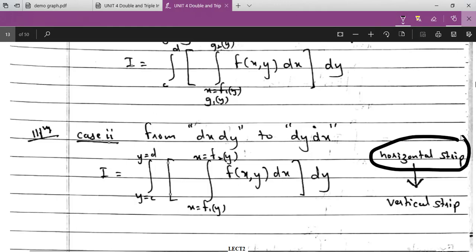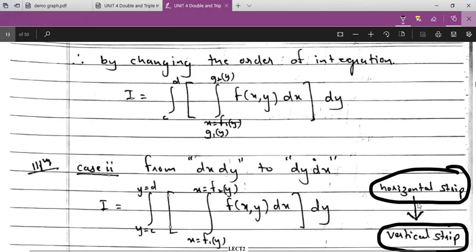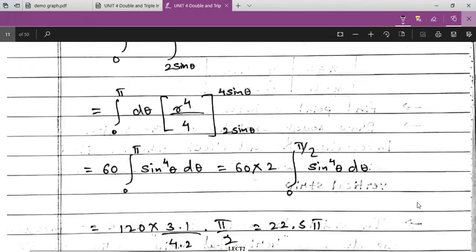First you note down the limits, draw a rough sketch, and then draw a horizontal strip first. When you change the order of integration, you take a vertical strip, right, and then solve it, right? So before moving on to the example, let me show you a few geometrical